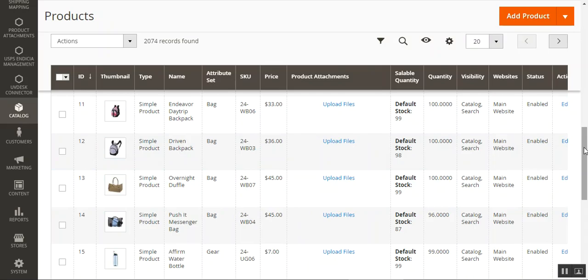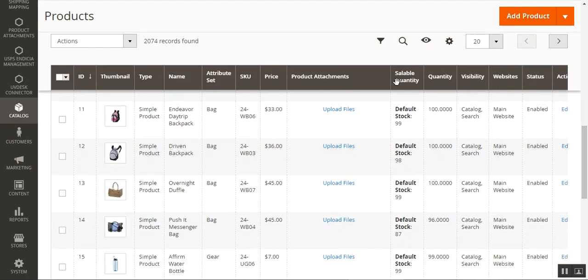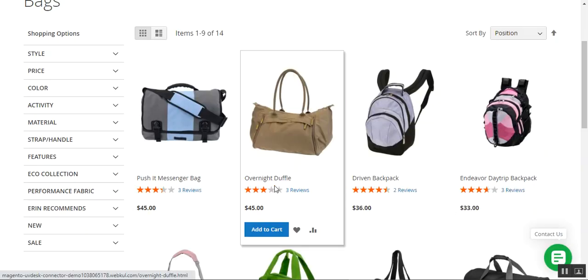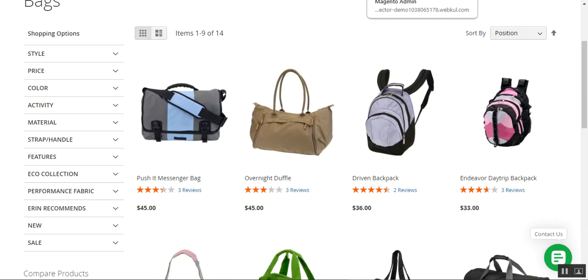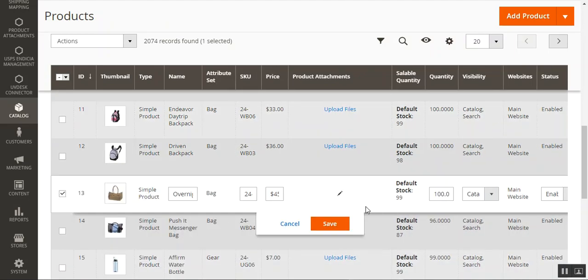Here the admin has all of the products that he has added within his web store. We were talking about the overnight duffel product. Let's make a few changes within this product, and that too very quickly. I'll go to the product section once again, and tap on this particular product, and you can see we can easily make the changes for this product.